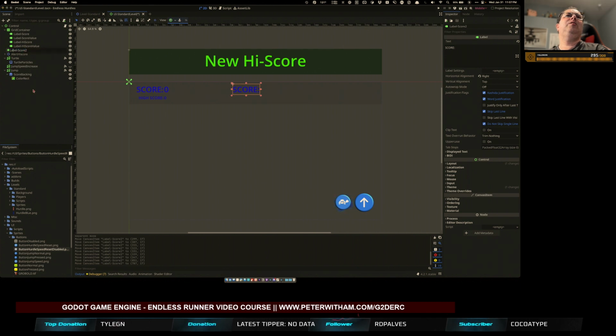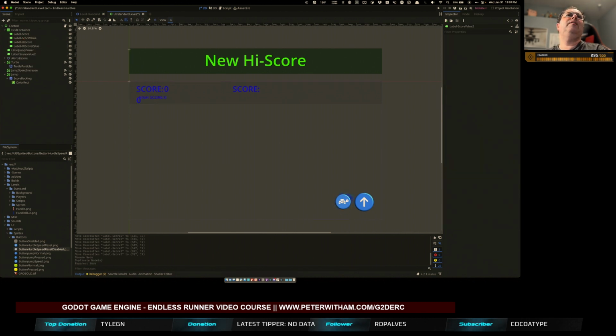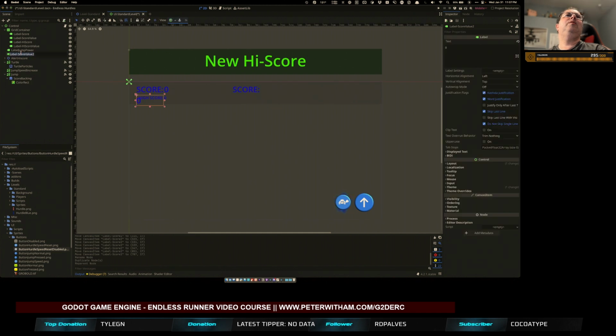And we're going to label jump power, right? I think you see where that's going. It went there, so it's already there. And then label jump power value, and